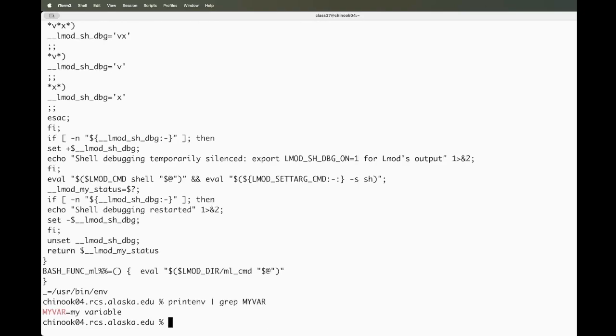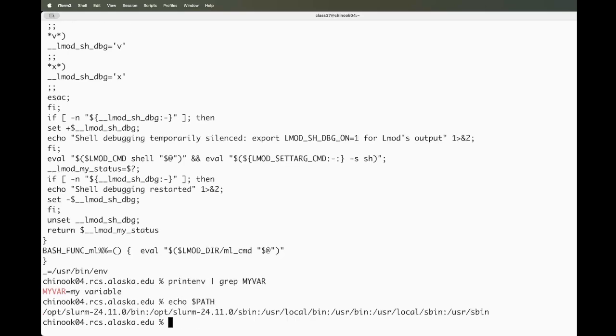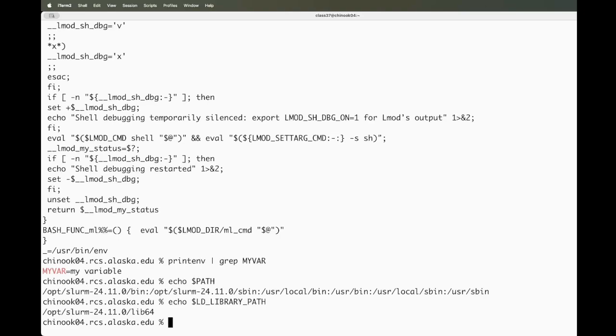A couple of common environment variables would be your PATH. This is where your shell looks for executables, programs to run. And then there's the LD_LIBRARY_PATH, which is where your shell, your compiler, will look for shared libraries and things of that nature. Each of these are basically a list of directories separated by a colon, and your shell will look in each